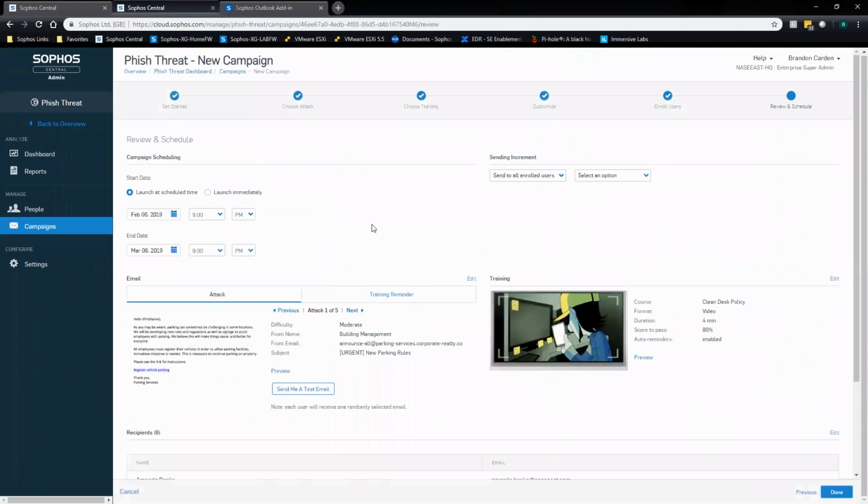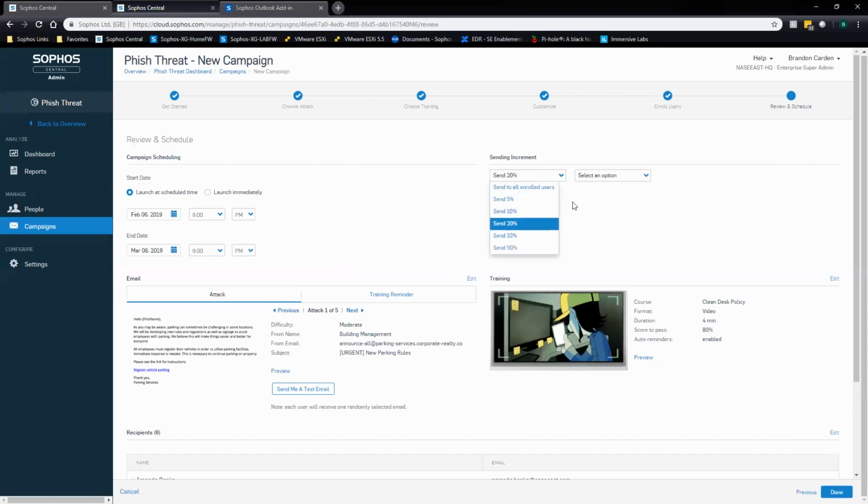Now this last page gives me the ability to either launch immediately or schedule the launch of this campaign. So if I wanted to pre-plan and take a day a quarter, set up all of my campaigns, set them to launch on specific dates, give them end dates so that we stop data collection. Basically, if they haven't clicked on it by March 8th in this case, I'm going to assume they've passed and everything's good. I typically recommend at least having an end date. Make it 2 weeks out, a month out, doesn't really matter, but it does give your reporting a final point versus it continuing in perpetuity.